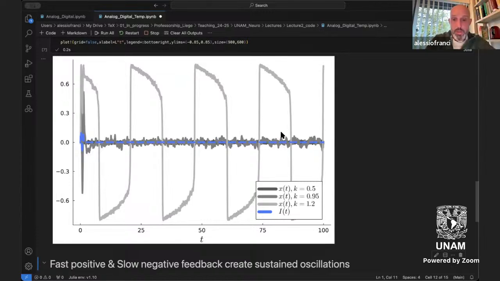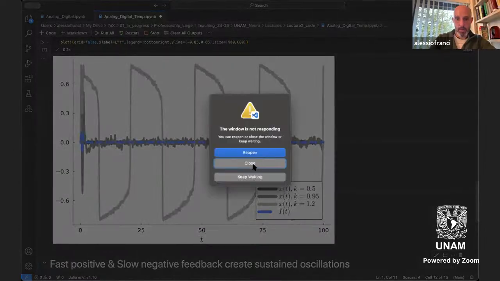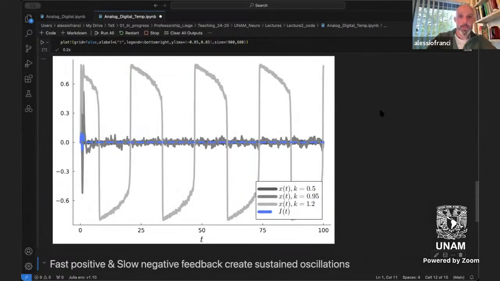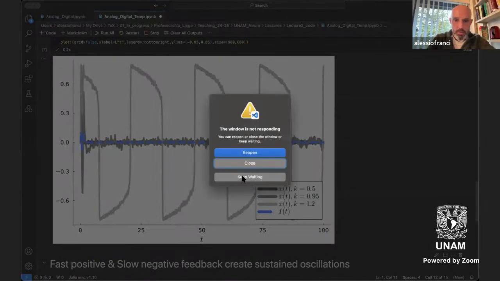And so maybe this is something that you can do as an exercise in class, to show that if you take this system and now keep waiting, what happens? If you want to stop this oscillation while maintaining the same gain for fast positive and slow negative feedback, then what you have to do is